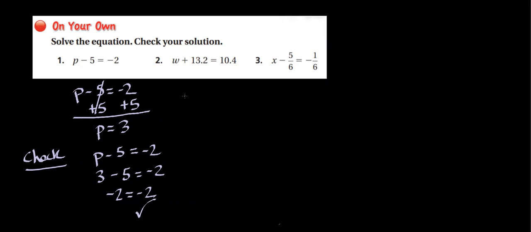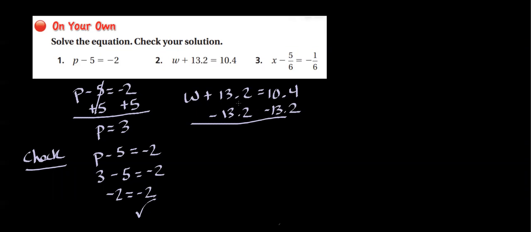Next problem, I have w plus 13 and 2/10 equals 10 and 4/10. The opposite or inverse of adding 13.2 would be taking away or subtracting 13.2. The positive and the negative 13.2s are going to cancel out. All I'm left with is w on the left. This right here I have to be very careful with. So I have 10.4 minus 13.2. 10.4 take away